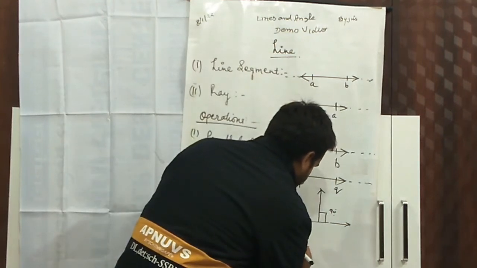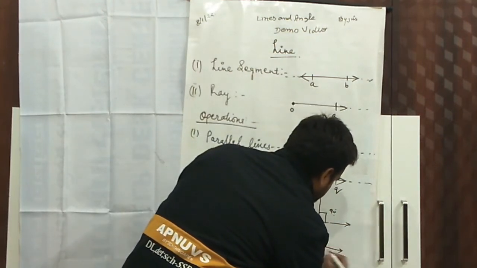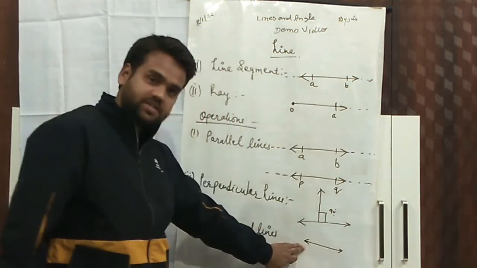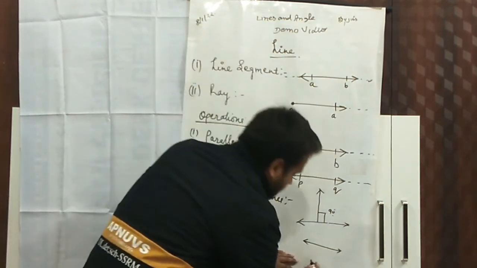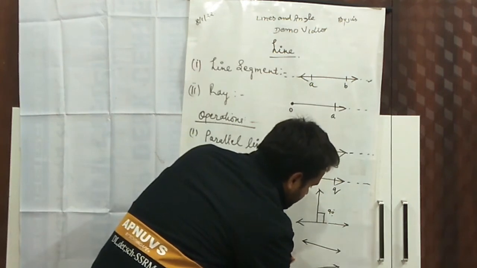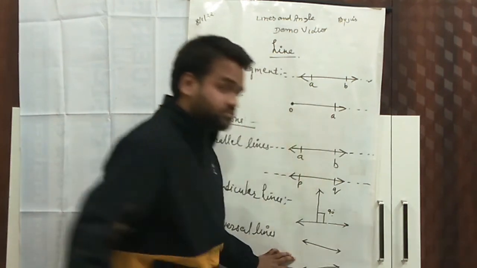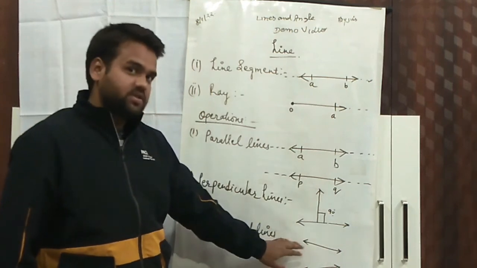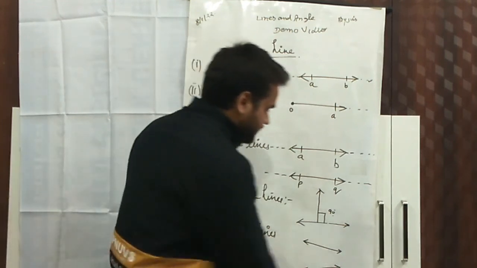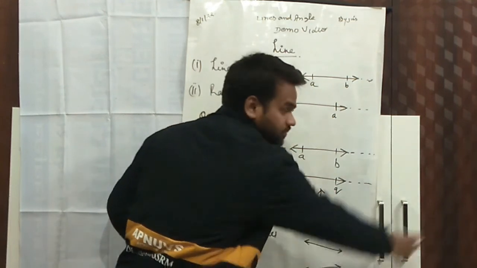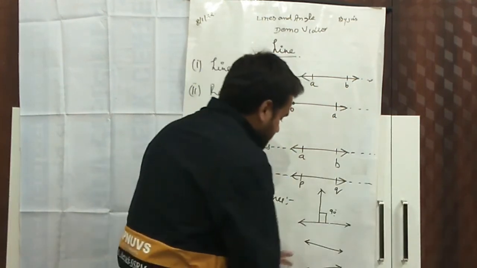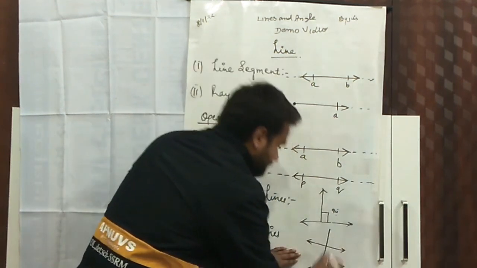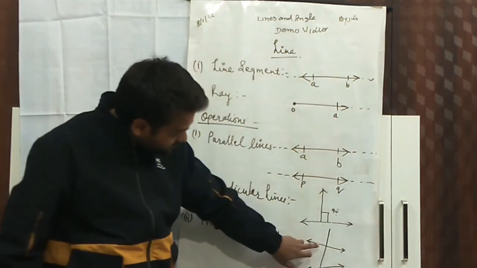Suppose we have a line like this. Is it visible? Okay. We have another line like this. These two lines are not perpendicular to each other. Just remember this. They intersect at something at infinity like this. Now, that was not our concern. Our concern was a line which intersects